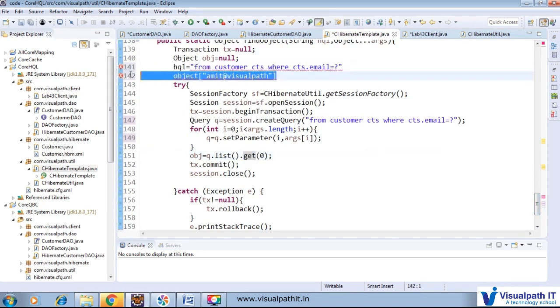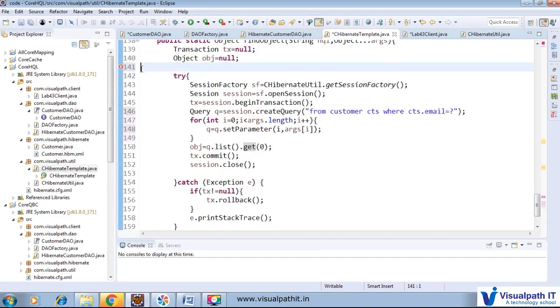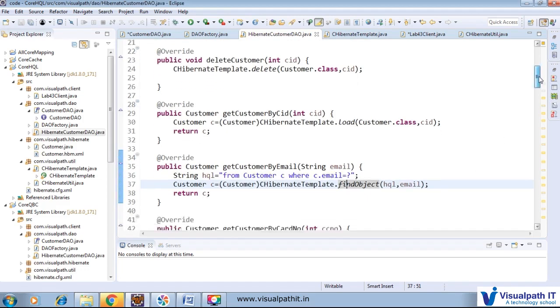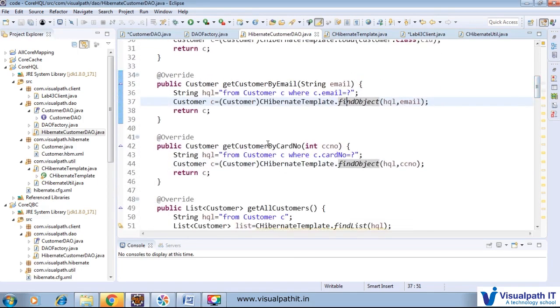So this method is fine. The next is get customer by card number. We'll pass that card number and this placeholder to find object, again the same method.